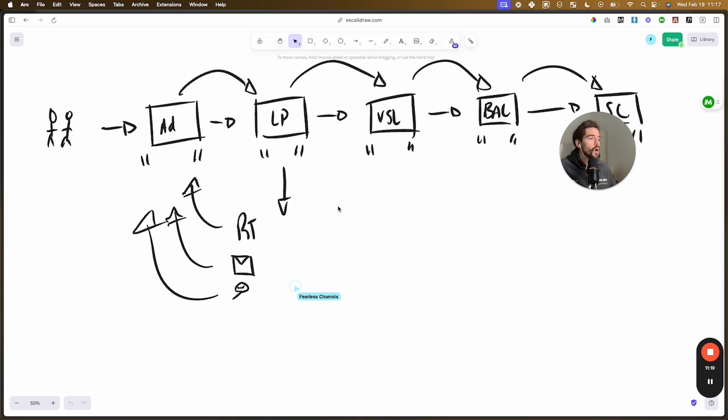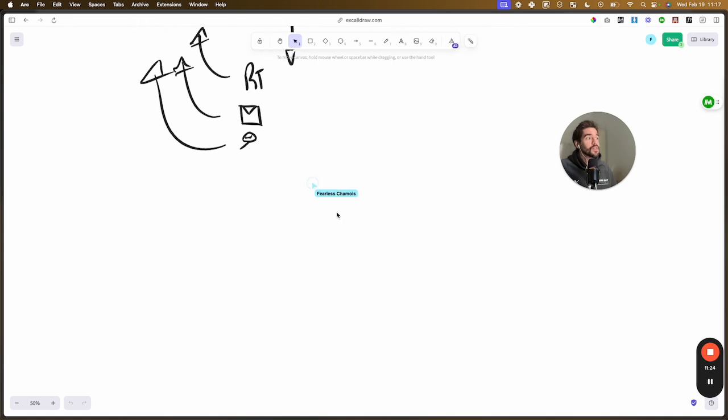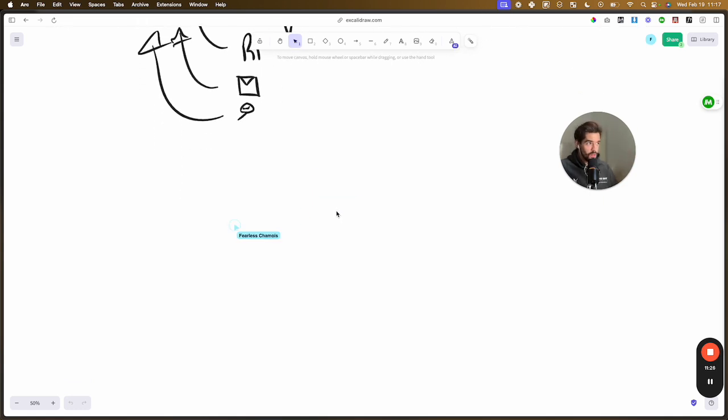Now, how do you know that it's congruent? There are a few signs to know that it's not congruent. Number one is, first of all, it has to be congruent with what they want. So are people communicating with the first thing, that cold email? Are they expressing interest at a 0.5 to 2% reply rate? Are they clicking on the ad at a high frequency? Is it a low cost per click? Is it a high click through?